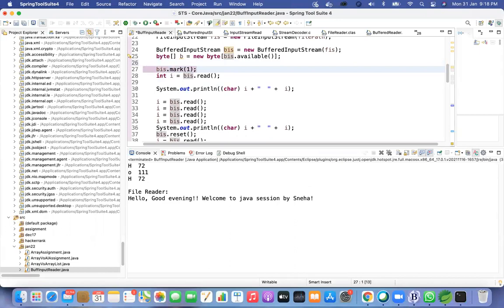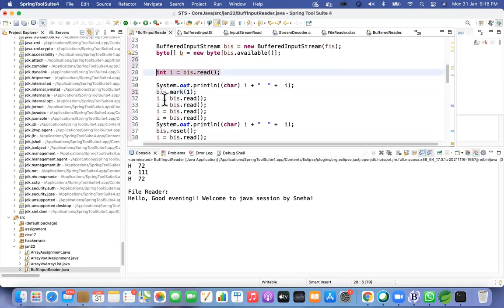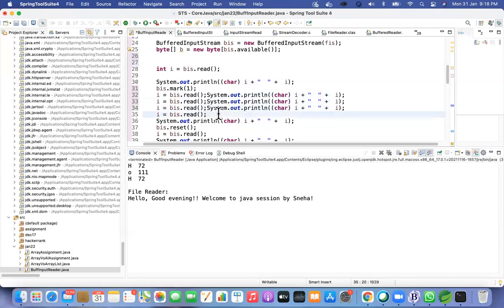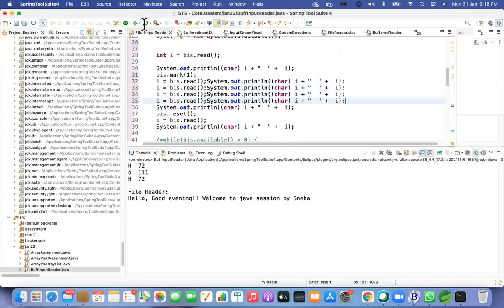So I will move it below. It's fine, right? That's the print first, right? Yeah, cool. You just printed the I value. And after that, I don't think there are multiple reads. It might be no issues. Shall we print I at the end of each read? Yeah, you can do that. And typecast to char, that should be fine. Yeah, good. And now after this, you are giving reset, right?